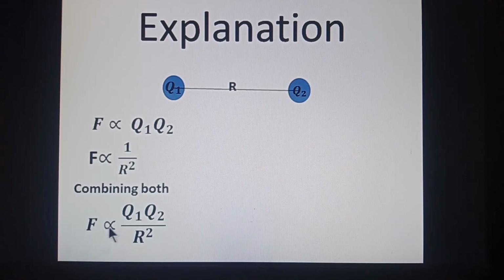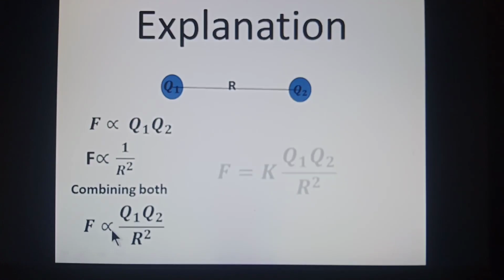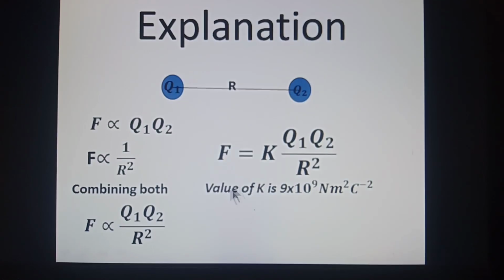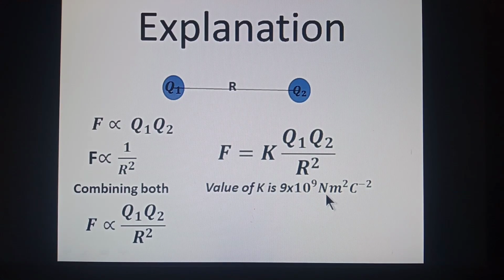Now, when the sign of proportionality is replaced with the sign of equality, we multiply the right hand side with some constant. Here, k is the constant of proportionality. Students, it is the mathematical form of Coulomb's law, where q1, q2 are charges, r is the distance, and k is constant. The value of k depends upon the medium between two charged bodies. In case of air, the value of k in SI units is 9 into 10 to the power 9 Newton meters